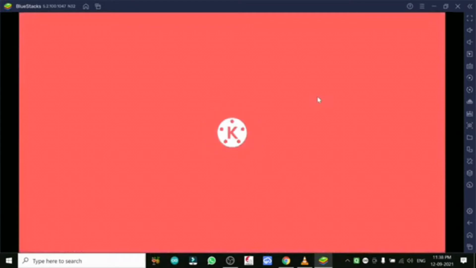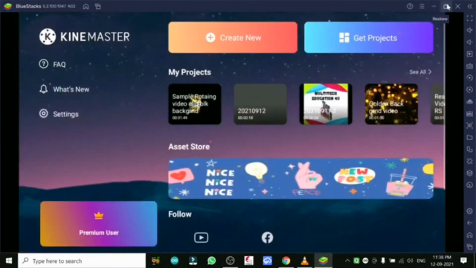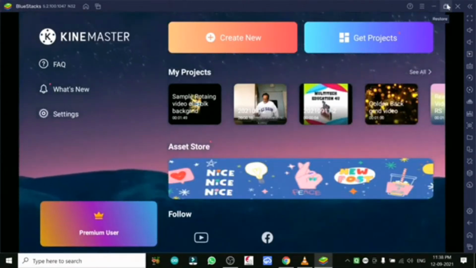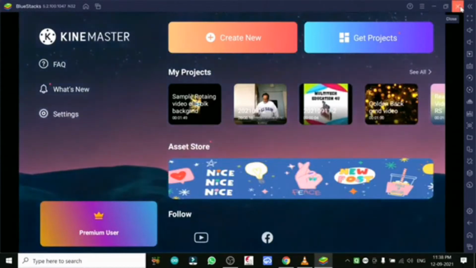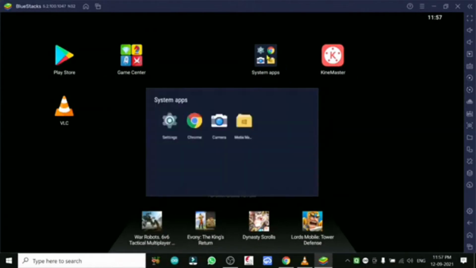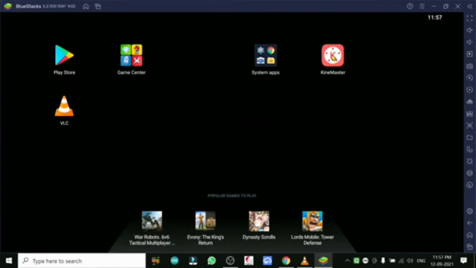Actually, before I was using it without purchasing it, so this logo, the KineMaster watermark, always used to come. Now I have paid for a year, just 1,299 rupees for one year. Professionals need it without the watermark. With a watermark, it is difficult to get your videos monetized, so it is better not to use a watermark while using it professionally.